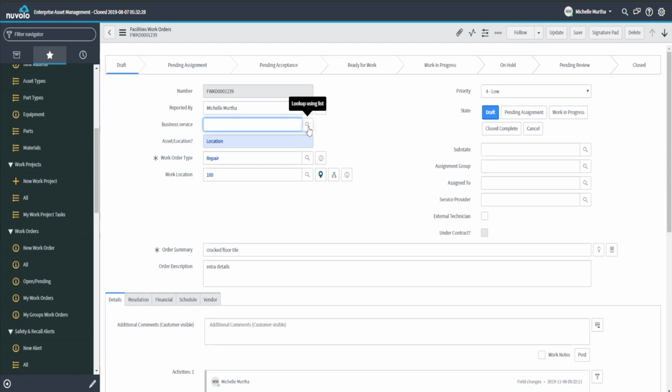That could pertain to the type potentially of space it is, or it could just be what it's impacting. So, you know, maybe a retail function or something in this case. The states are set up here. You also can see them across the top. You can have substates, obviously your assignment groups, and then